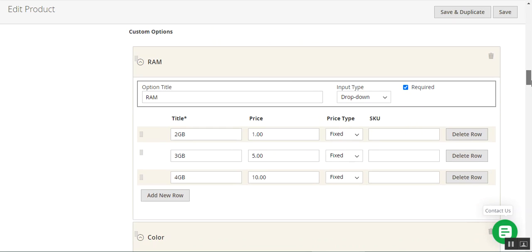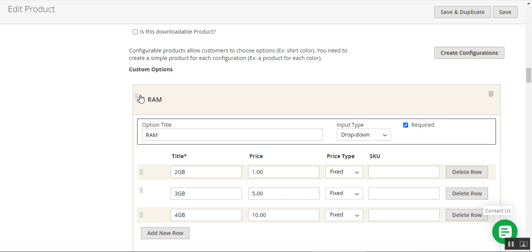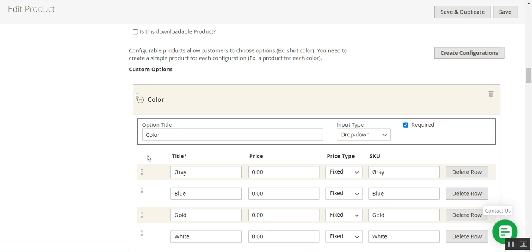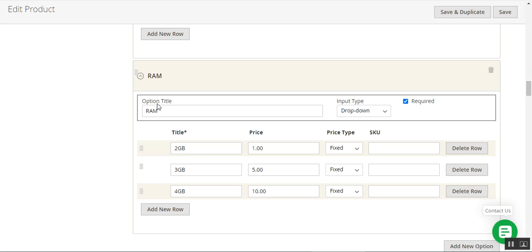They can change them up. So right now I have the RAM at the top. I can just drag it down. Let's drag it and let's bring the color option up. So now the color is up and the RAM is down. So that's how the vendors can drag and drop the options and the custom row positions as per their own requirement. So that was the